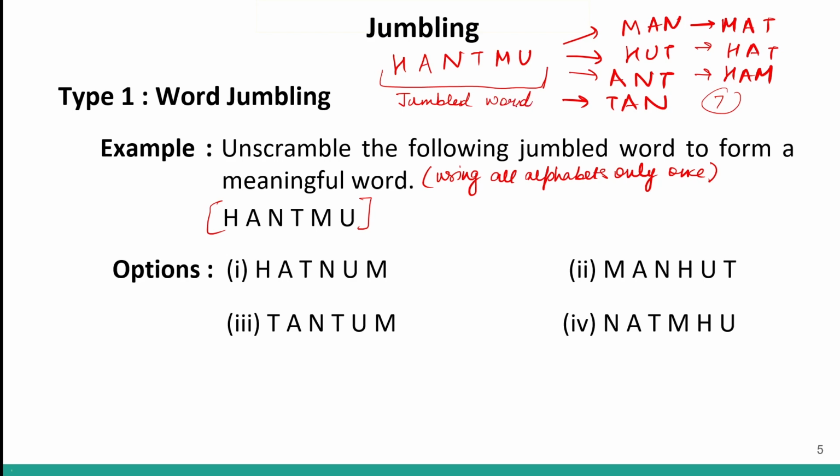So this is one way. Or you can get something like this, where we have to use all the alphabets only once. So this is usually what is implied in the question. If the question says how many words can be formed, then we can get a concept like this. But if it is not mentioned, then it is assumed that we have to use all the alphabets only once, and we have to form a word which uses all the alphabets.